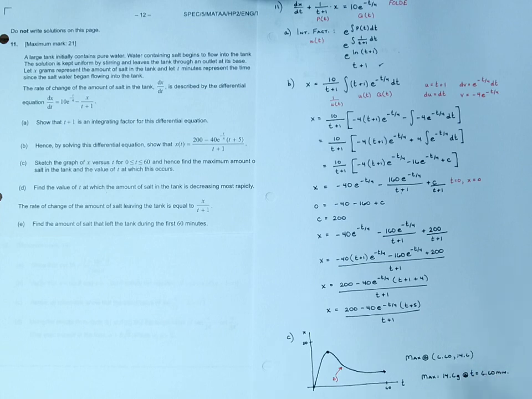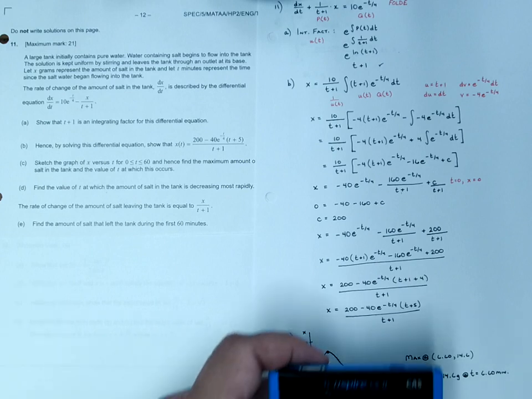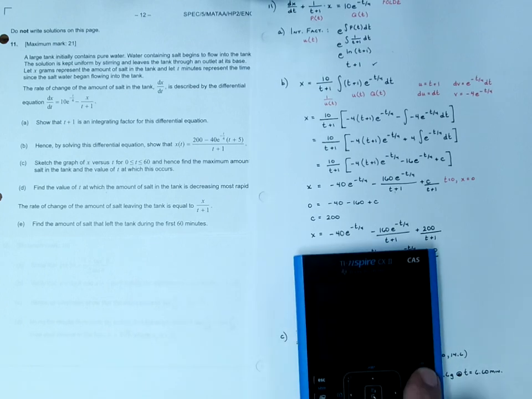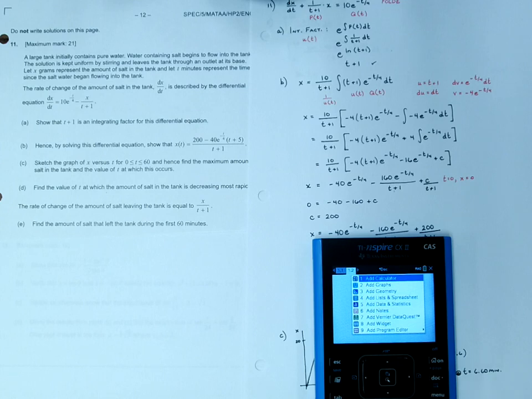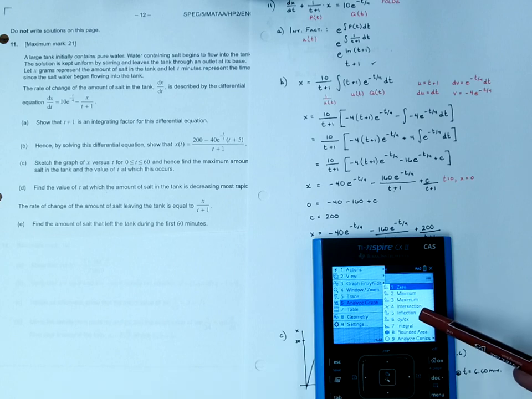Part D of the question can be found in one of two ways. Either you can use this graph and ask the calculator for a point of inflection, which you can do under menu, under a graph. So if we go graph, menu, analyze graph, inflection point is an option. So you can ask the calculator to do it that way. Or